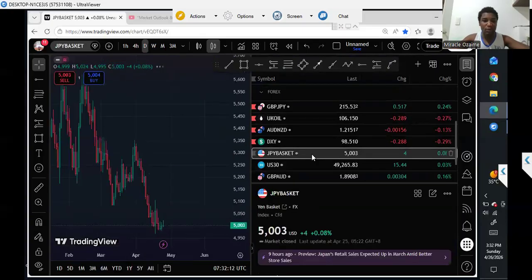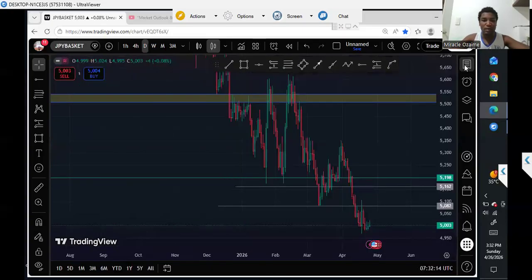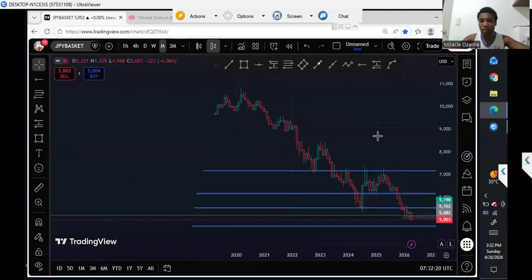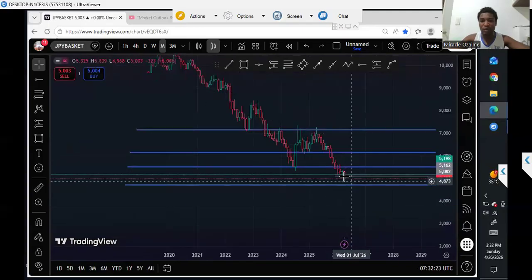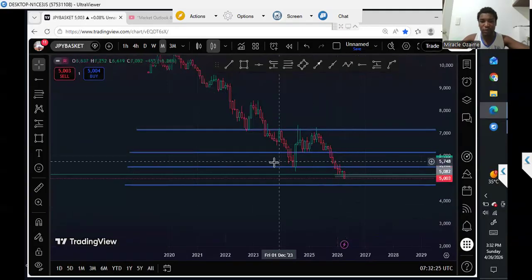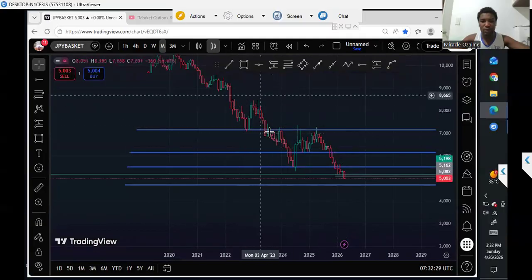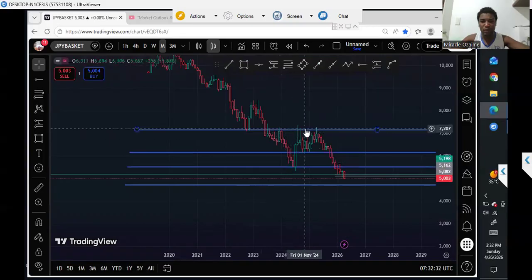The next pair that I'm going to be checking is the JPY basket. This is what I'm looking at. I'll just be quick on this one. The monthly candle is looking very, very bearish as of the moment. We have a push, a correction, a drop towards the downside, a correction, and another drop towards the downside. Most likely we are going to have another correction, which has not yet formed because the monthly time frame is